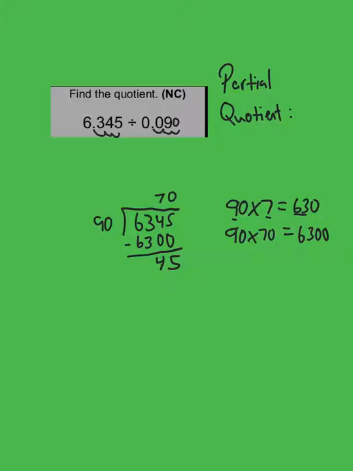Now 90 does not go into 45 because 45 is smaller. So that means I'm done. I'm going to take this 45 and 90 and write it as a fraction. So my answer is 70 and 45 90ths. Now if you reduce 45 90ths, because 45 is half of 90, it reduces to 70 and